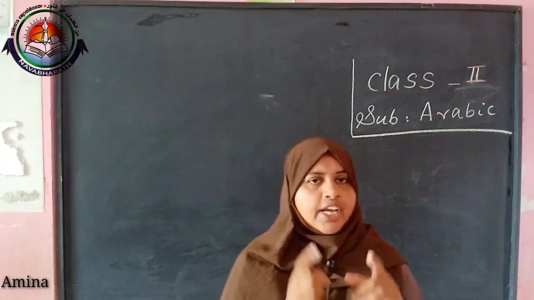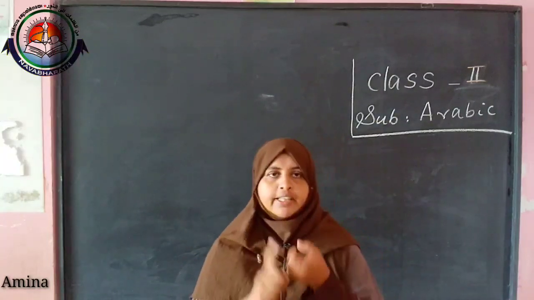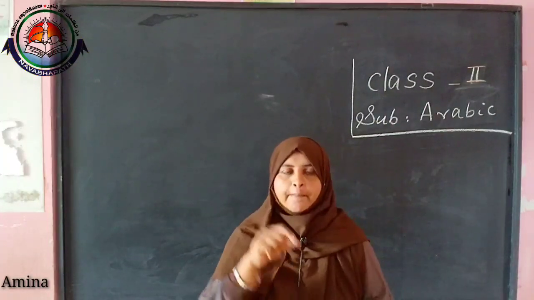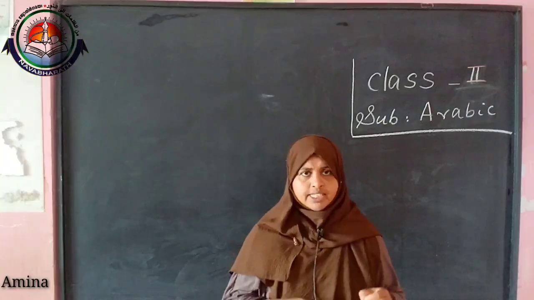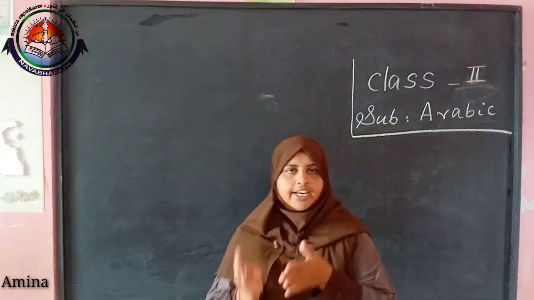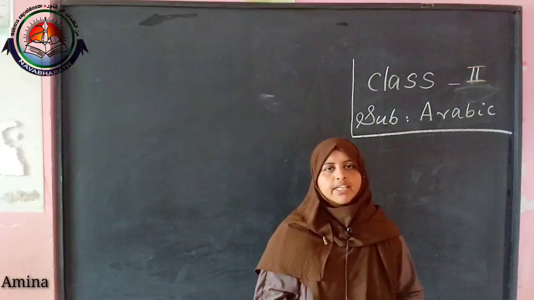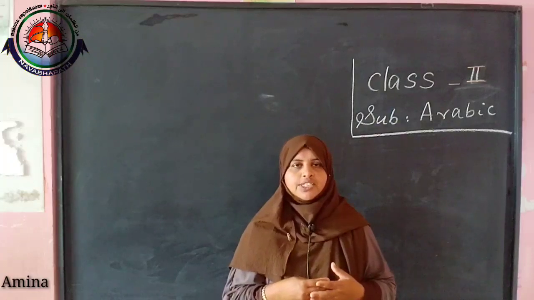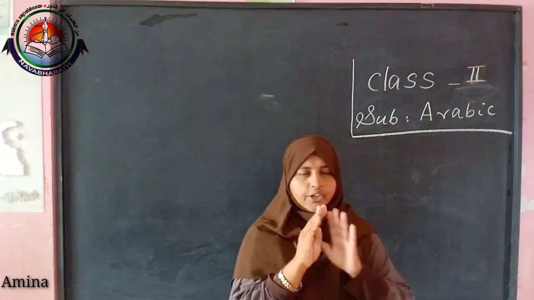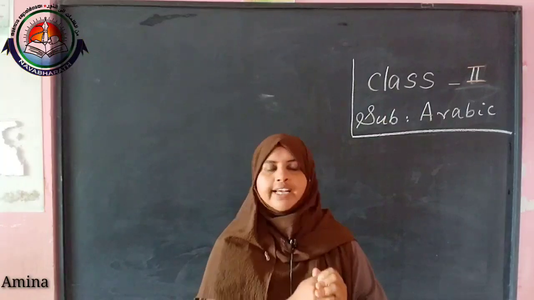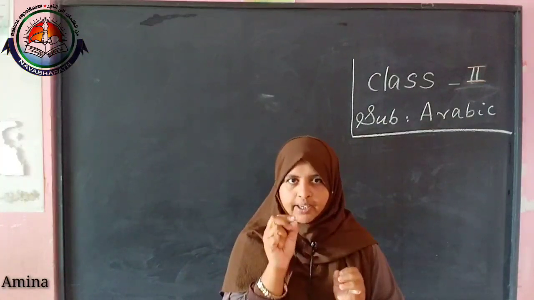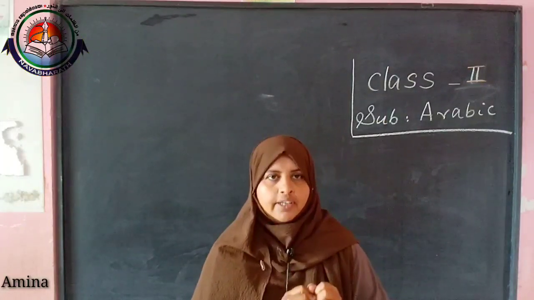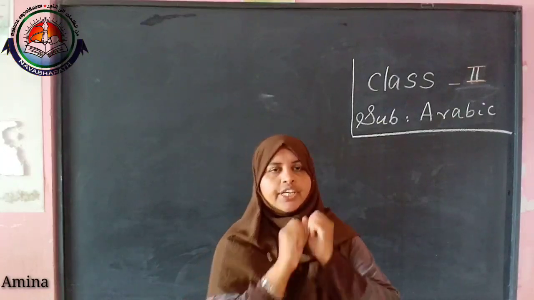I said to you, if we have to get the meaning of "the," we have to add alif and lam before a word. Example, shams. I added alif and lam before shams. Then, how did we say that? Ash-shams. You cannot hear the sound of lam clearly. And you can see after lam, shadda sign also there above the letter sheen. Isn't it?